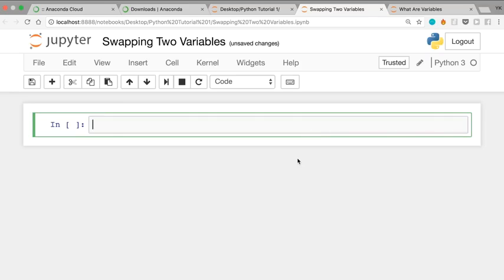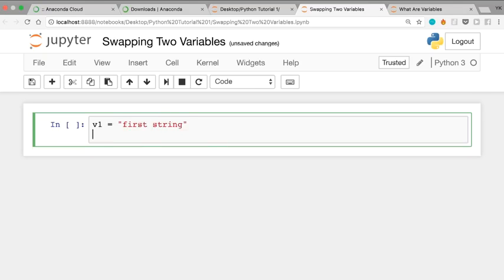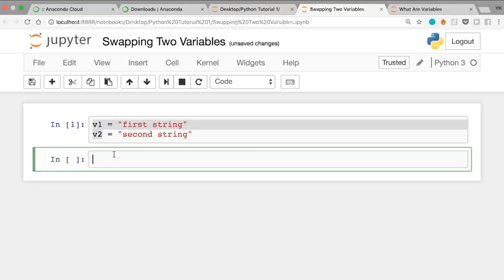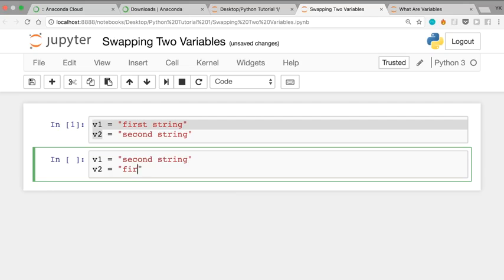And here's the problem. You're given two variables. Let's say v1 equals "first string" in double quotes and v2 equals "second string", again in double quotes. How can you swap the values within these two variables with each other? The easiest way to solve this problem is just to write v1 equals second string and then v2 equals first